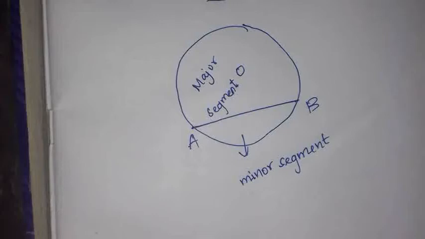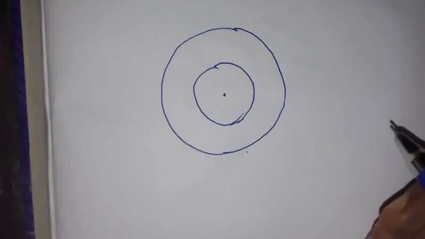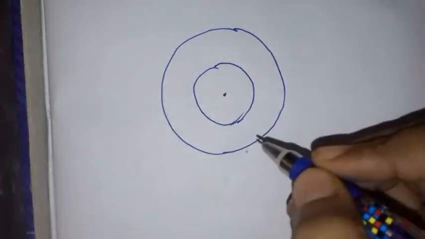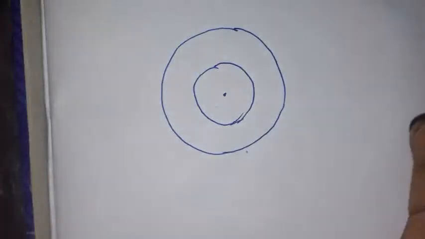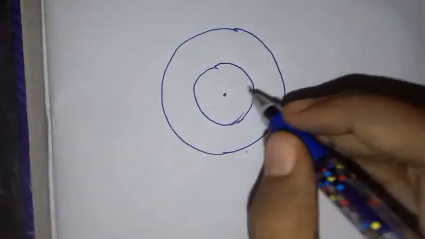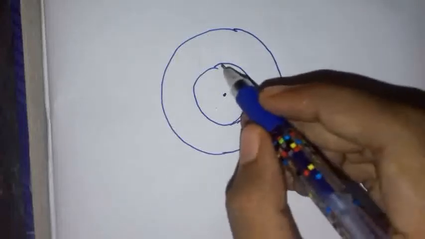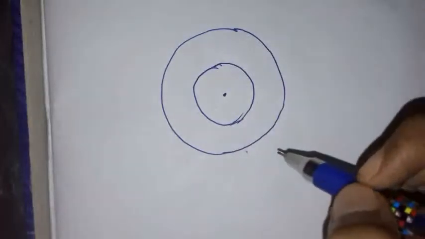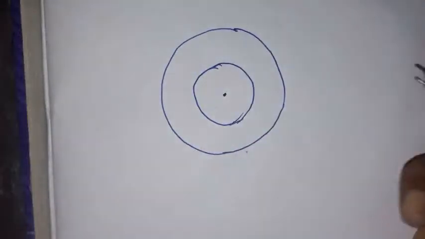Okay. Now, let's see what is a concentric circle. Okay, this is the concentric circle. Why is it a concentric circle? Concentric circles have the same center. In a concentric circle, there should be a minimum of 2 circles. Maximum there can be many circles. Okay. Here we have drawn 2 circles with the same center. Here this is a smaller circle and this is the larger circle. The 2 circles also have the same center. That is a concentric circle.